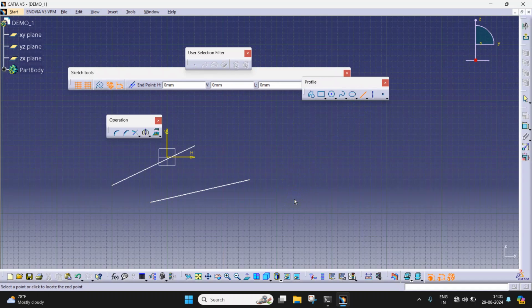I have to click the first point. And in order to make it either exactly horizontal or vertical, it will help me. Now see, if the line is not vertical or horizontal, it will appear in white color. If it is either horizontal or vertical,